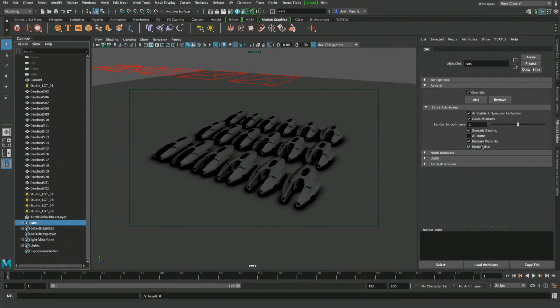So I already added a few of them there. In this case, I added things like motion blur or primary visibility. I also have added AI matte. So if you wanted to create your specific mattes for any objects, you can do it here. And things like casting shadows or having it visible to the camera or in the reflection, things like that I can control. So if I go and hit render now,